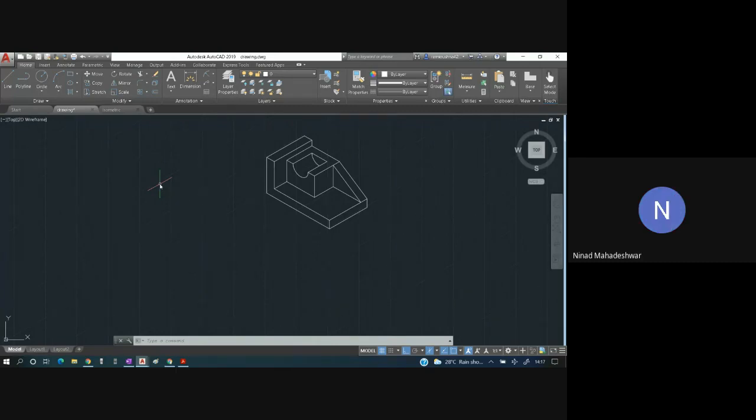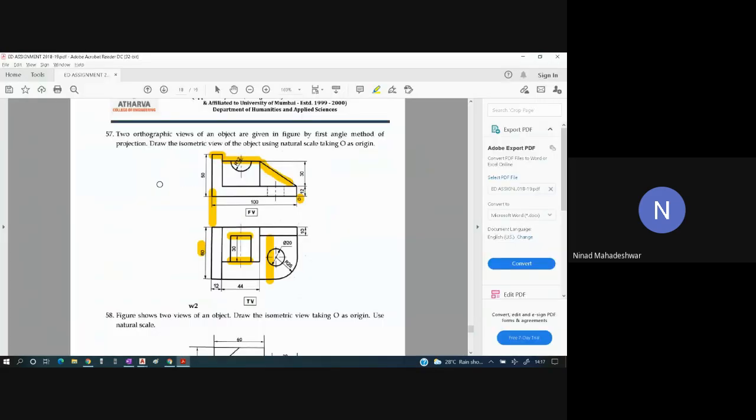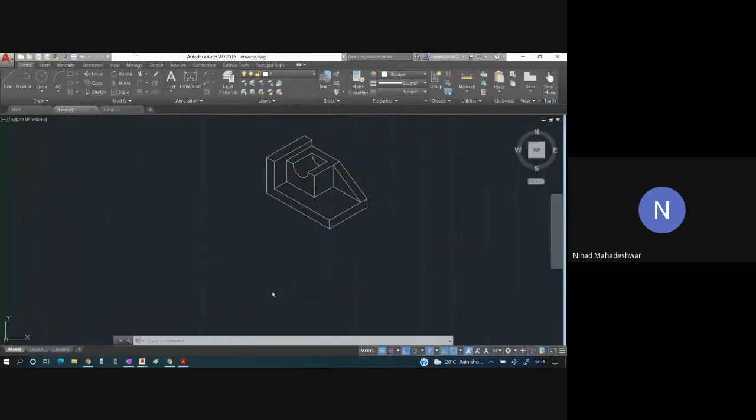Okay, now once you have understood this, the last two sections are left, which is drawing this arc over here. Now, how to draw this arc? Pay attention to this part very carefully. Either you can use isocircle or you can use the fillet option. So I'll show you how to use the fillet option.